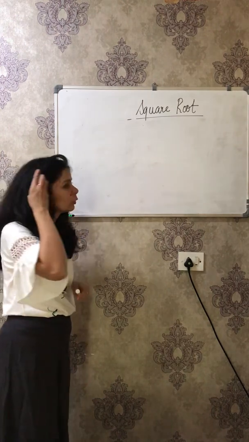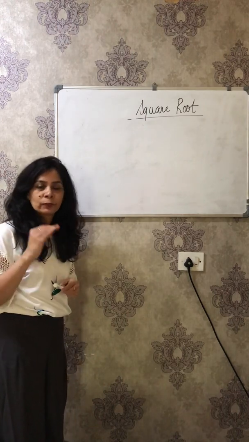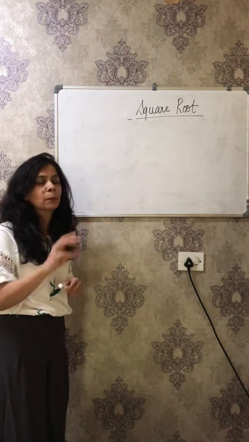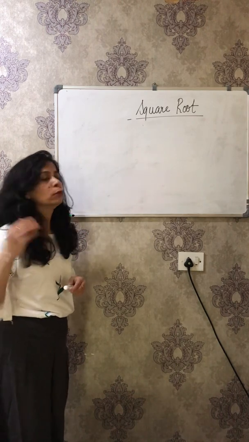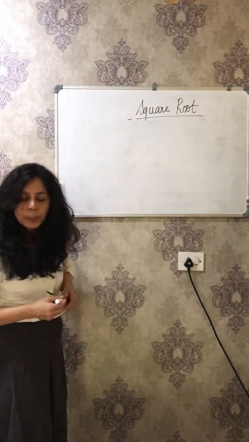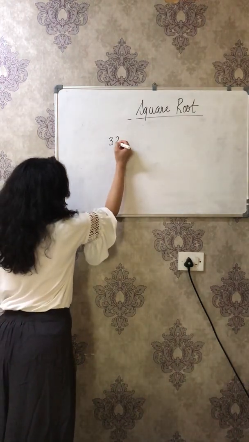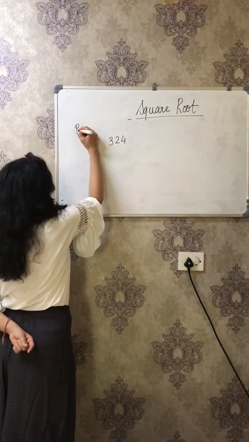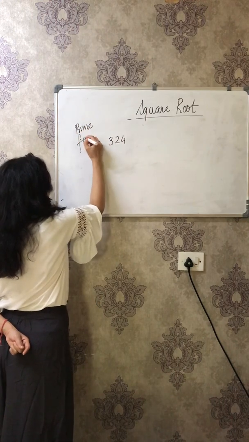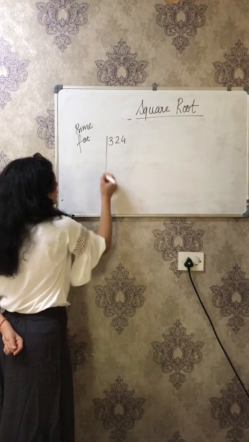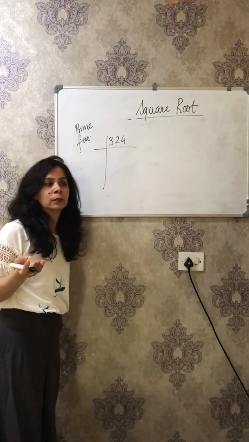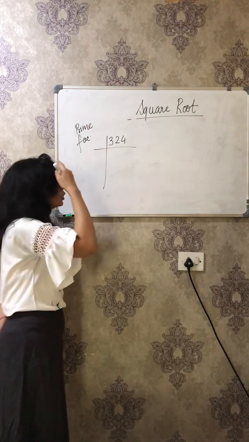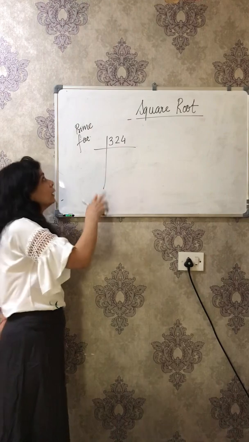Okay, so don't worry, I'll go very slow. I will first explain how to find it by the prime factorization method, and then for the same number I will tell you how to find it through the long division method. So which number should I take? Let's take 324. Let's say you have to find the square root of 324. First I will tell you how to do it by the prime factorization method. Prime factorization is very simple. You have been doing it in the LCM HCF chapter. So just do the prime factorization of this number and then I will tell you how to do the square root.